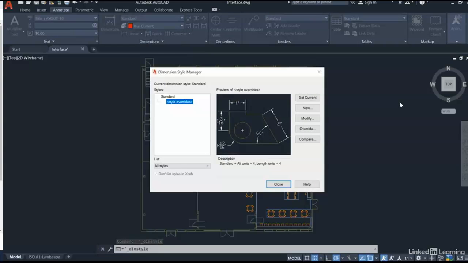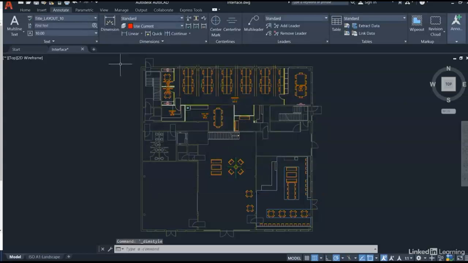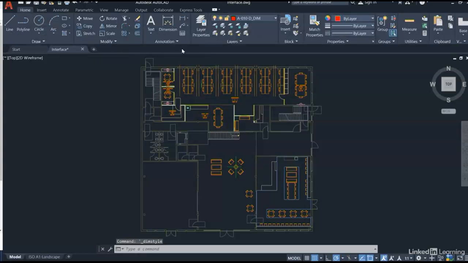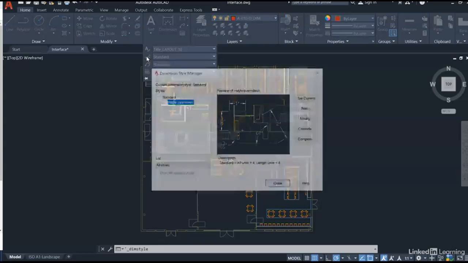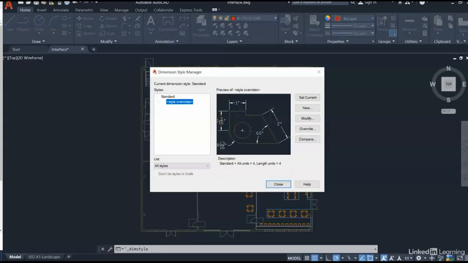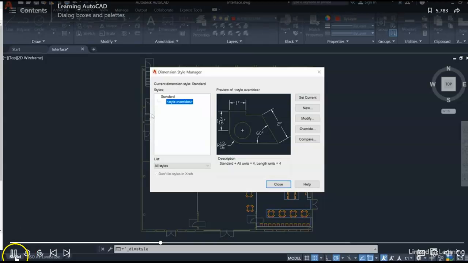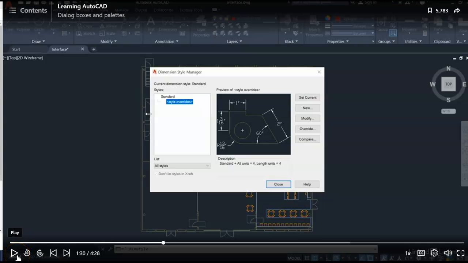So as you can see, there's different routes, different workflows to get to the same dialog boxes and also palettes in AutoCAD. So I'll close that, go back to the Home tab, click on the flyout on Annotation, click on Dimension Style here, like so, and it opens up the dialog box. Now, one of the benefits of AutoCAD dialog boxes is they can be resized. So if you hover over an edge, you'll see the